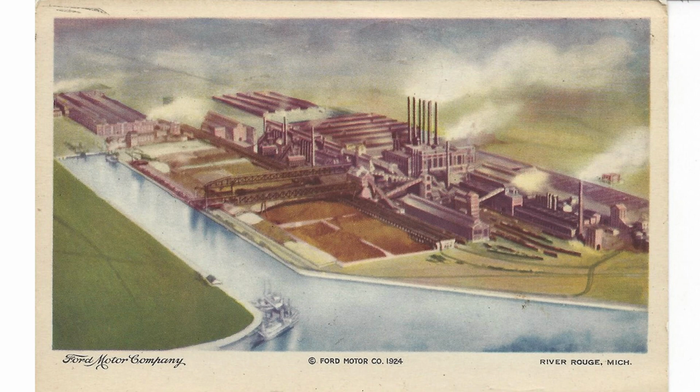The steel mill was in operation, and they originally started building steel for engine blocks and various other parts for